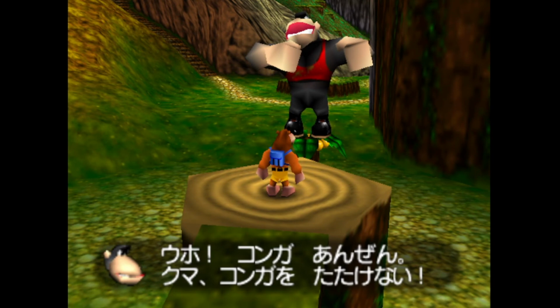Okay. Konga, anzen. So anzen basically means safe. I don't really have any special explanation for that. It just means safe, basically. Konga anzen. So konga is safe. Kuma, konga wo tatakenai. Tataku is to beat. It's used with even things like drums.